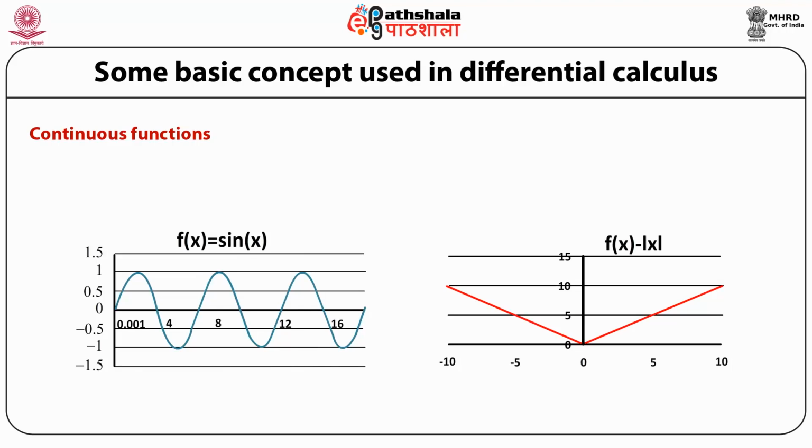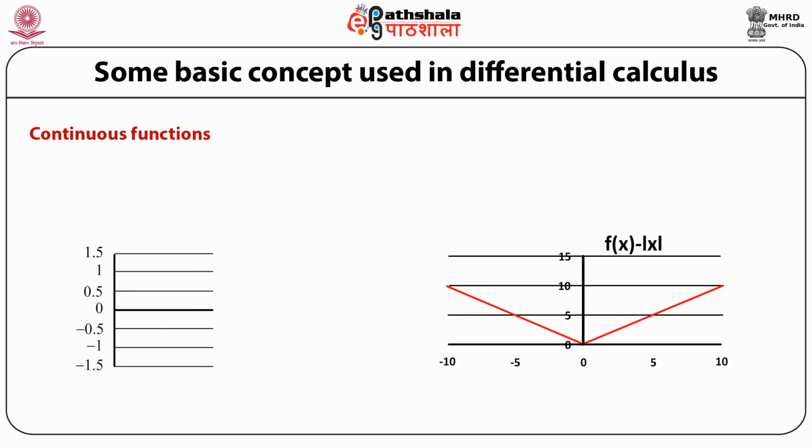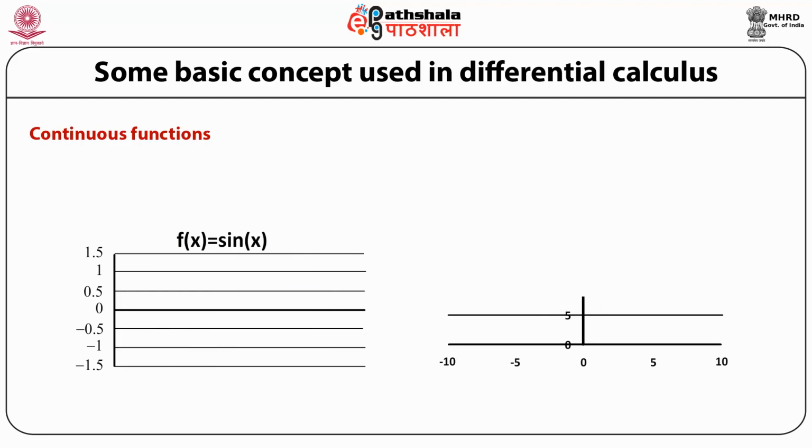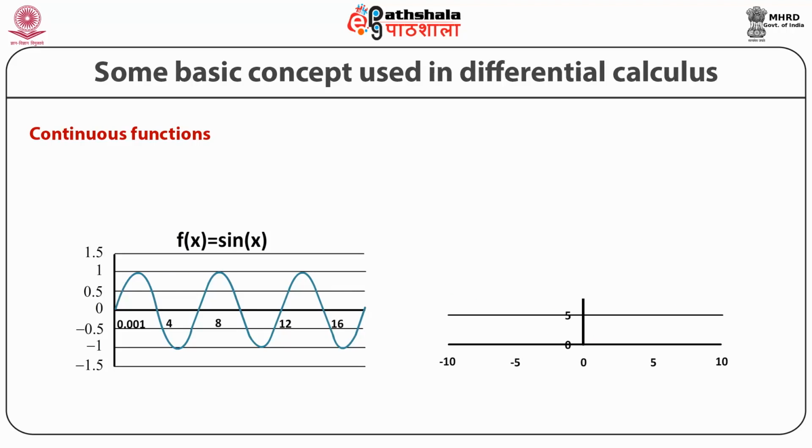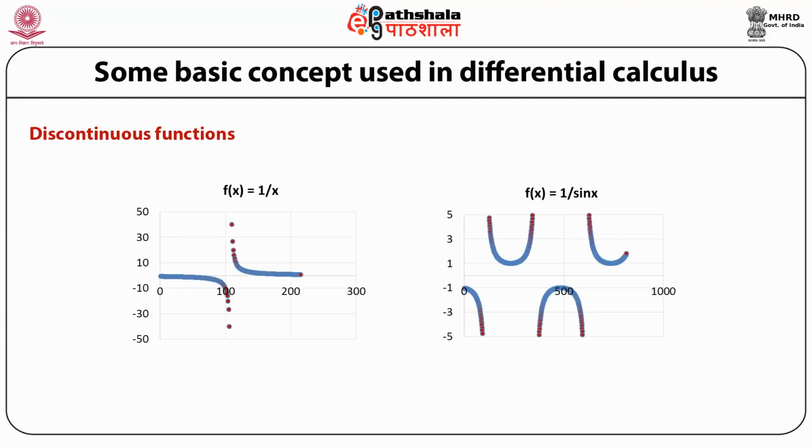Now these kinds of sharp turns are very dangerous, because in differentiation, when there is a sharp turn, we will not be able to accurately calculate the slope. We are going to see discontinuous functions. Discontinuous functions are similar to what we saw, tan x or 1 over x. These are all discontinuous functions, because when you approach the point from the left and the right side, the values are going to be different.